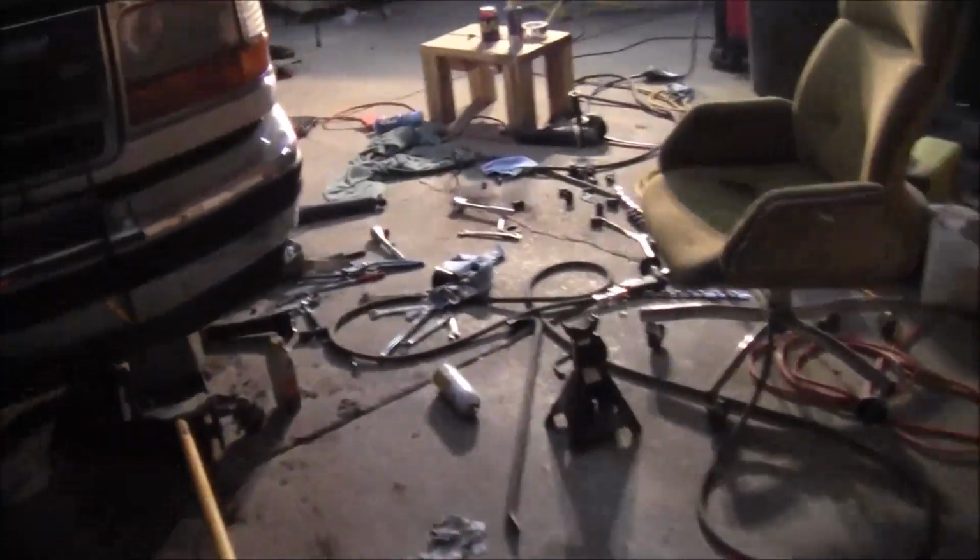So luckily I still had the ones off my old truck, which this one's actually a nicer one than the one I put on. Well, I don't know. Anyway, I scrubbed her down and painted it up and mounted it on there, and I finally got to get